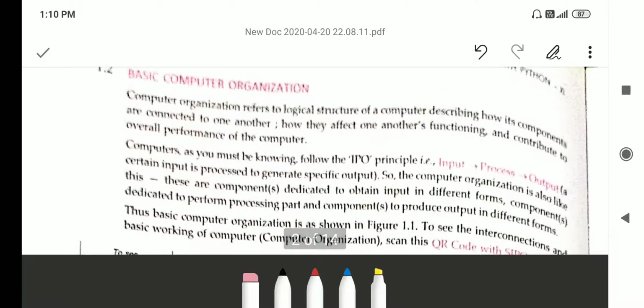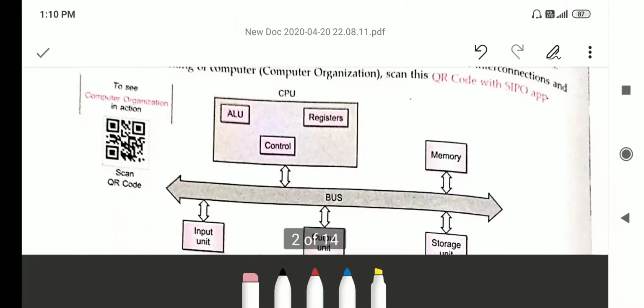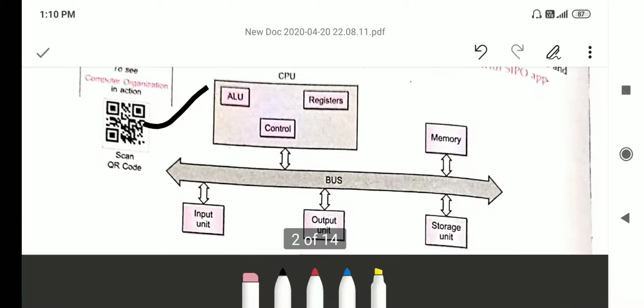Basic computer organization: in this we will study how the processor and the parts of the computer are working. In this diagram you can see that the CPU consists of the ALU, control unit and the registers. ALU is the arithmetic logic unit. In this, maths is performed only. The control unit will sustain the process for the time that the ALU has been given. Registers are the fastest and first memory units present to store small bits of data for processing.